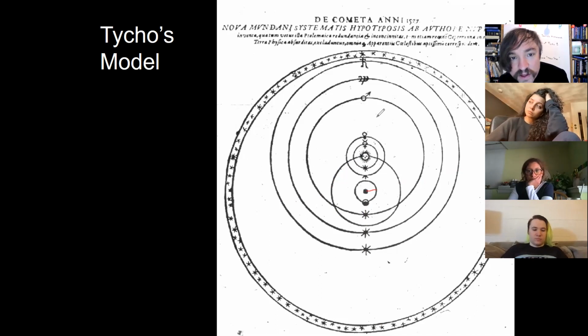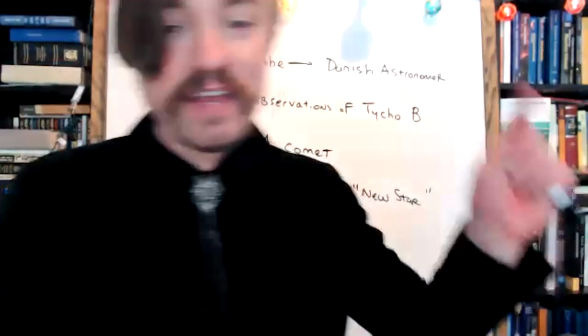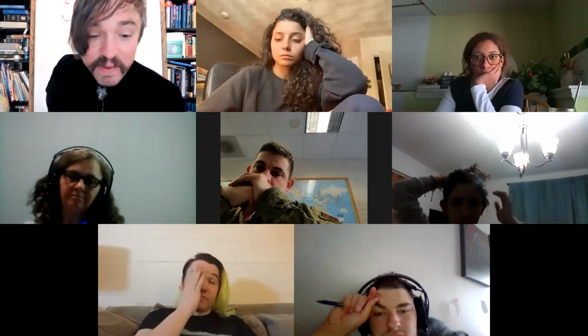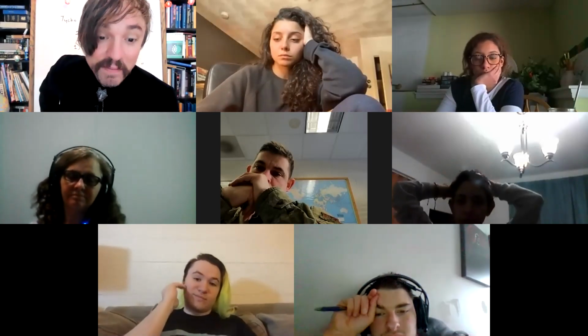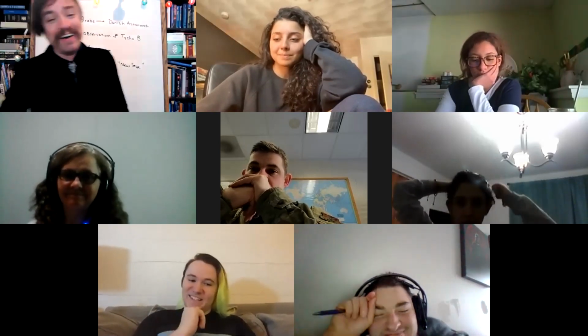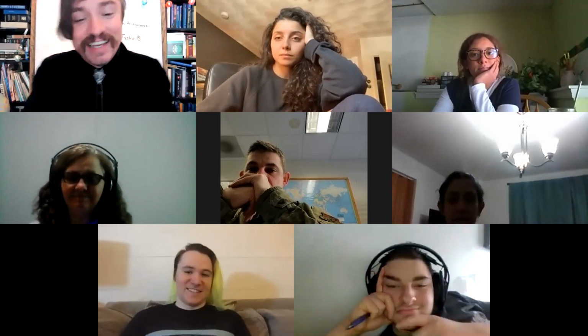So very cool model. And so, by the way, not only was Tycho Brahe's model the best at describing all the observations, his model also predicted the positions of planets and eclipses better than either Copernicus's or Ptolemy's. But you know what? Nobody liked Tycho Brahe's model. And the reason why is because nobody liked Tycho Brahe, because he was a jerk who would get drunk and have sword fights with people at parties. So despite him having the best science, people disliked his model just because they disliked him.